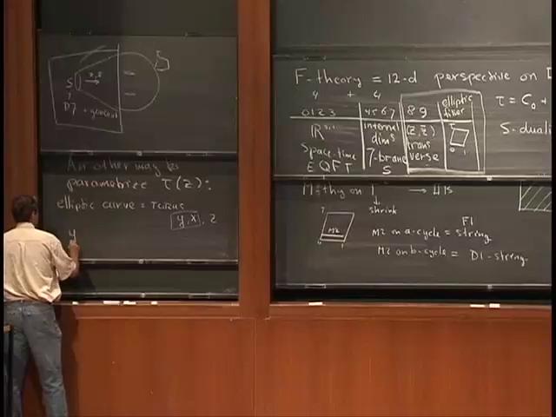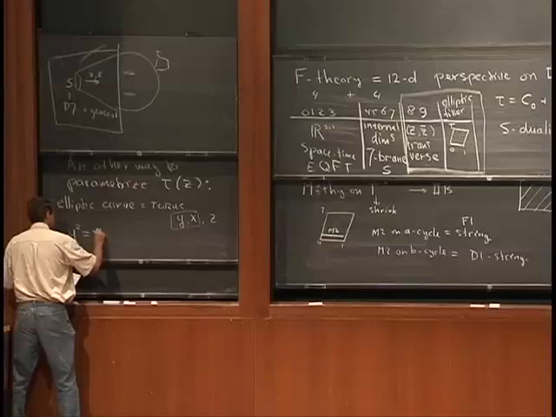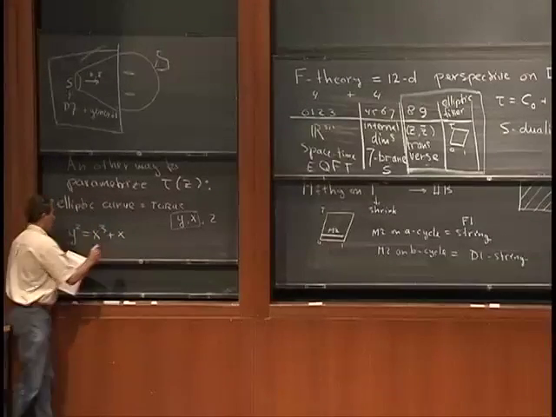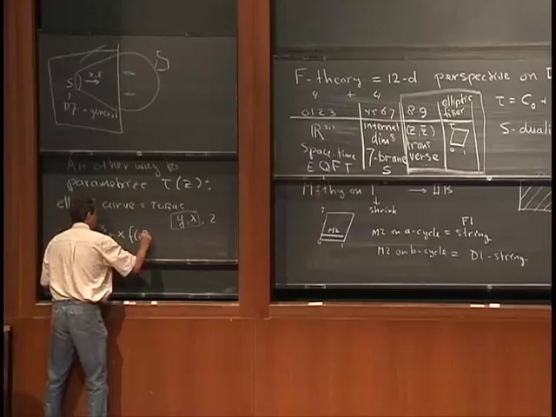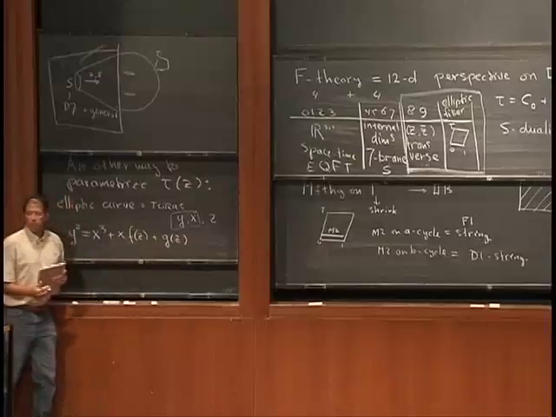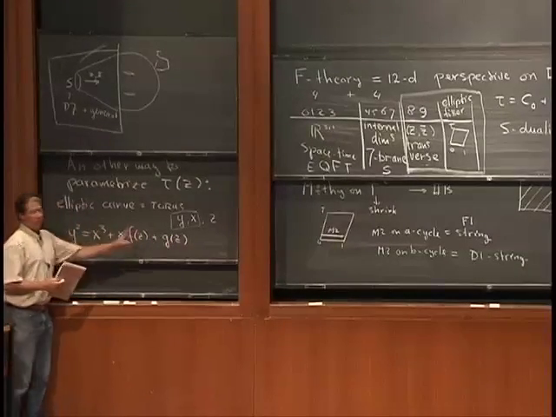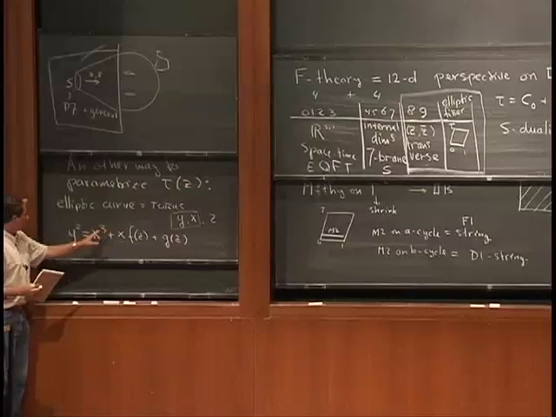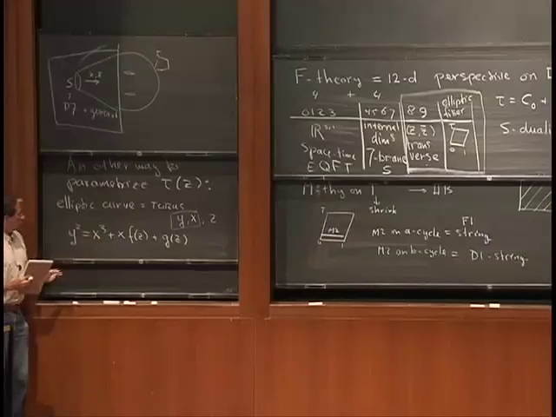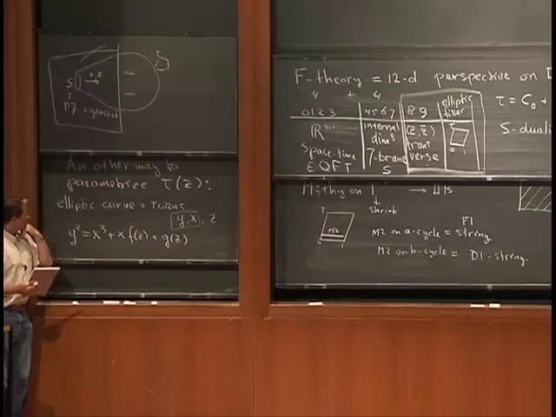There's an equation that mathematicians like, known as the Weierstrass equation, that gives me a relation between y and x. That relation is nonlinear and will involve functions which can be polynomials in z. So for a given z, this is one given equation that allows me to solve for y as a function of x. Now, notice that this is a cubic equation, and if I include the point at infinity,